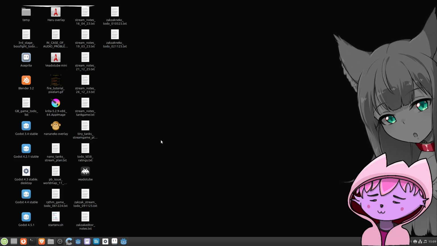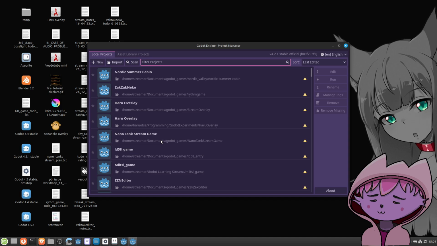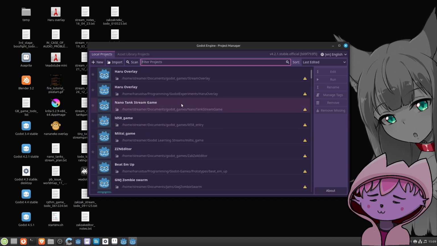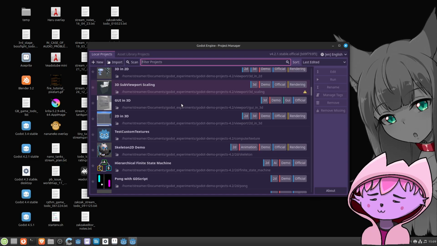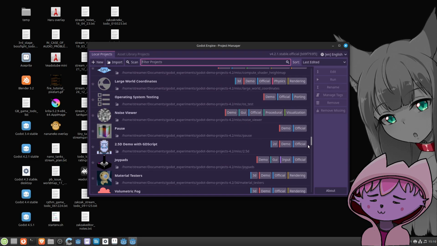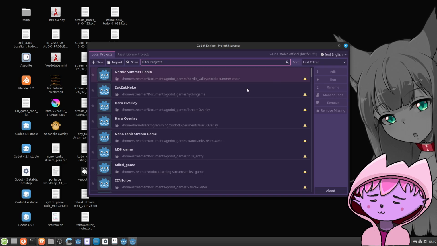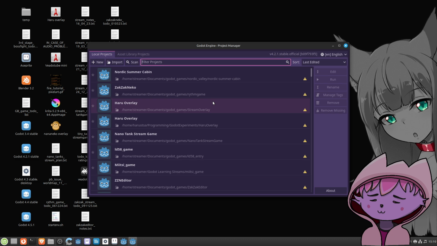I think I want to go with 4.2. All the Godots are here. I think it's not yet imported. No, there's so many things. Okay, let me see.